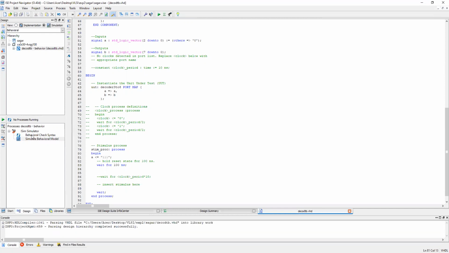Check behavioral syntax. It is okay. Simulate behavioral model. Now for 111, it is 1 with all 0s.